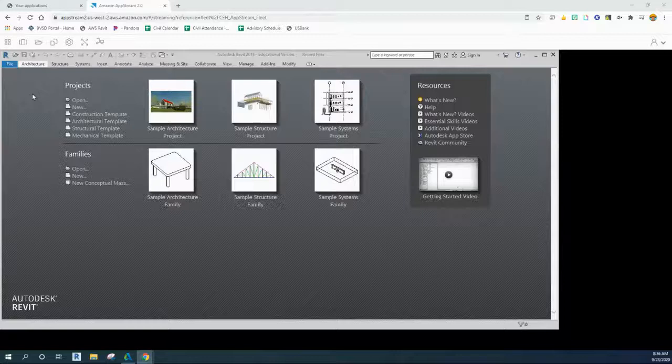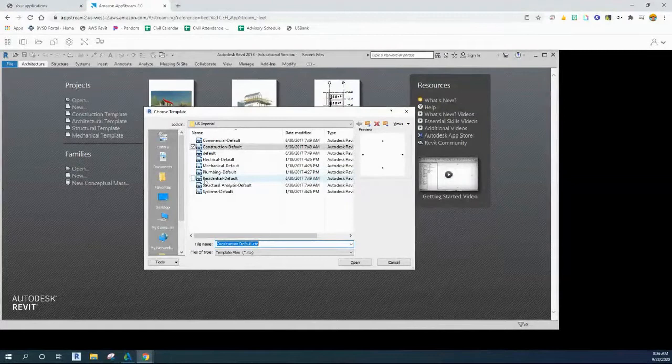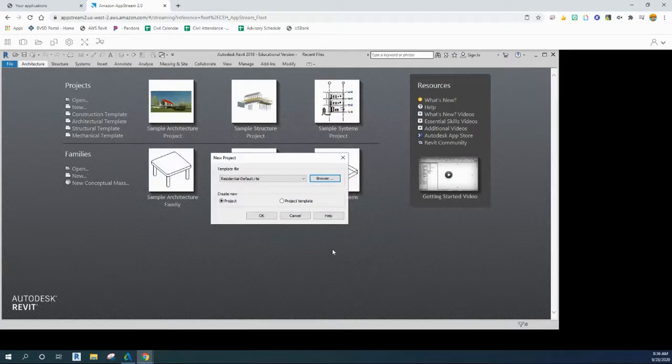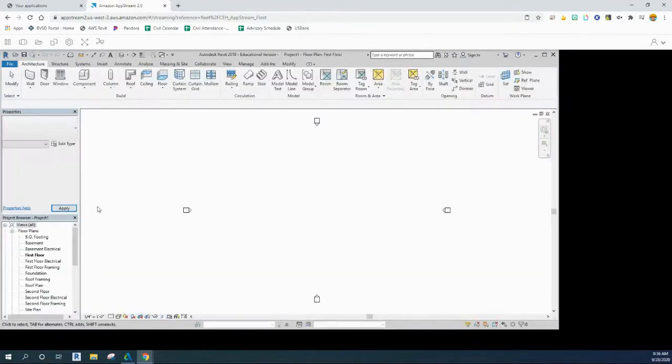It is time to set up Revit to design your Habitat for Humanity house. So we're going to click on New, and this time we're going to click Browse, and we're going to choose the residential default. Make sure it says it down here, and then click Open, and then OK. And the residential default gives us a lot more options, as you can see on the left-hand side